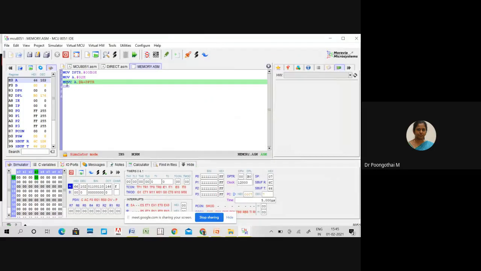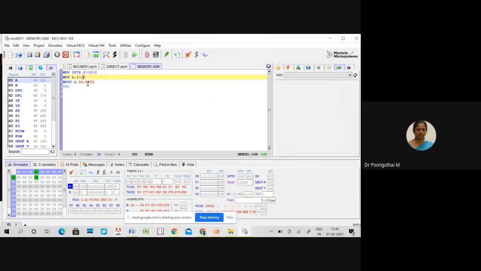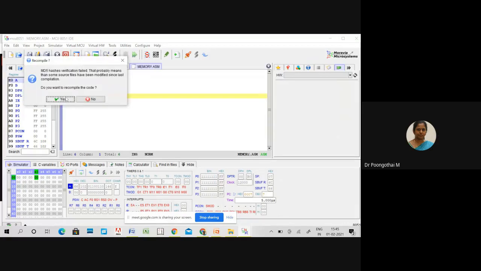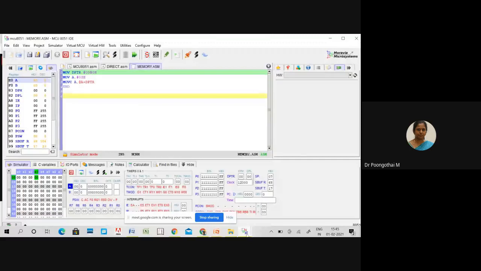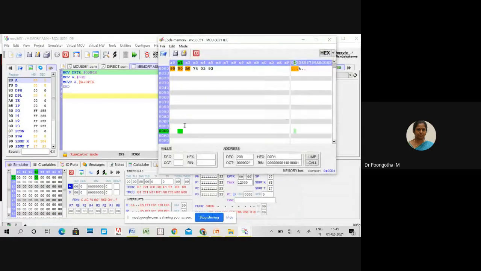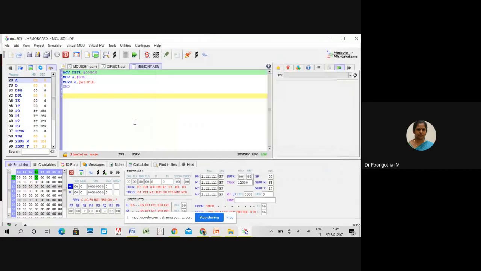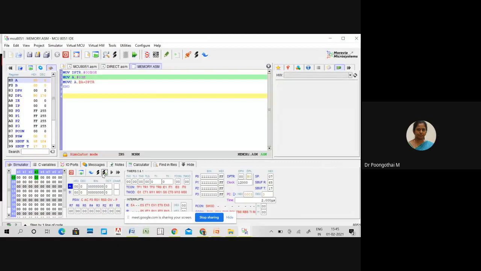Suppose I am giving 03 here. So you have to load some value at 00B3. So 64, 65, 66, 67, 68. So 00B0 is loaded into DPTR and 03 is loaded into the accumulator.